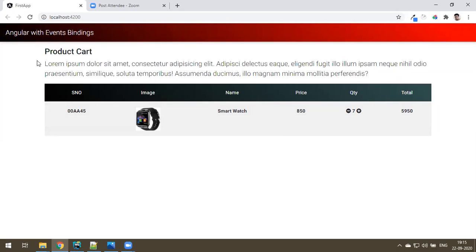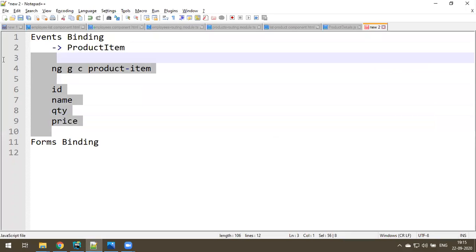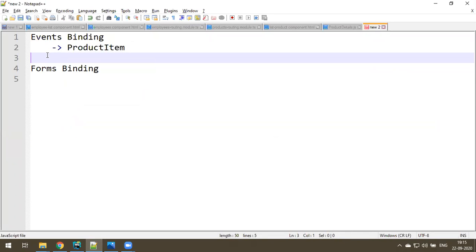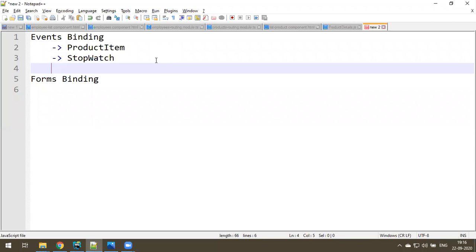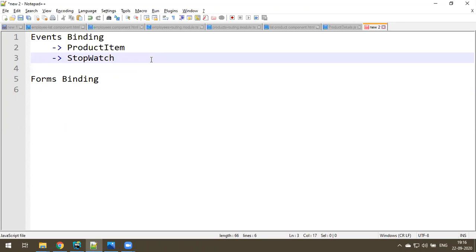Fine, this is an example, and we have one more example I want to tell you, that is something called a stopwatch. One more example in events binding is a stopwatch. We discussed the counter earlier, just like the counter only, but I want to display a nice stopwatch, meaning milliseconds, seconds, and minutes instead of just a number.